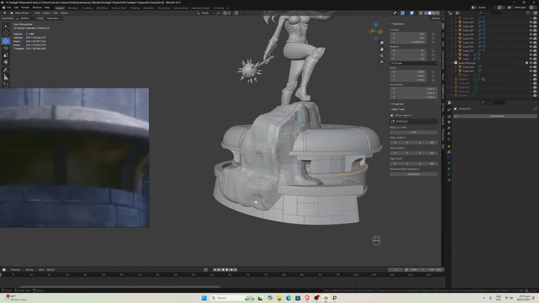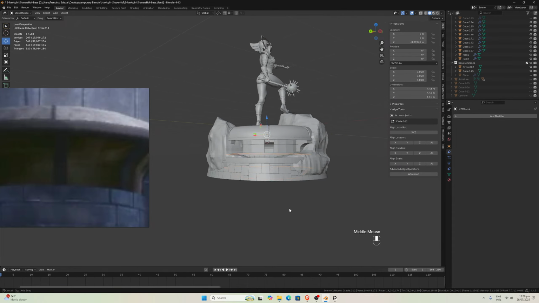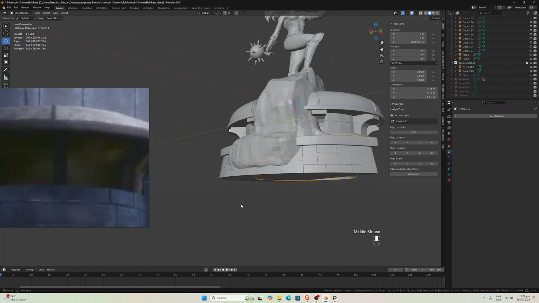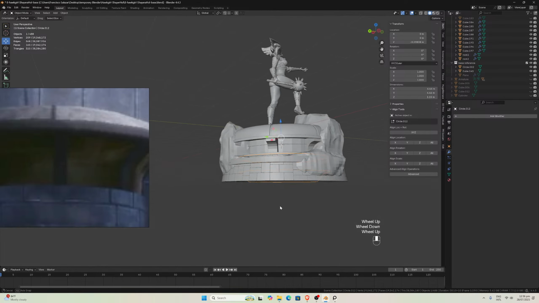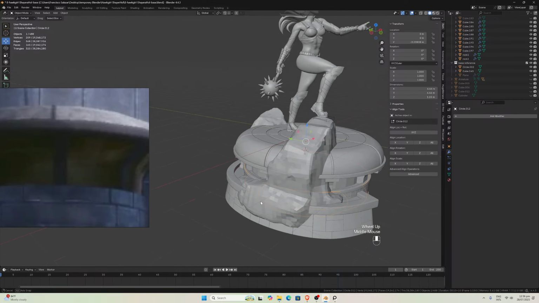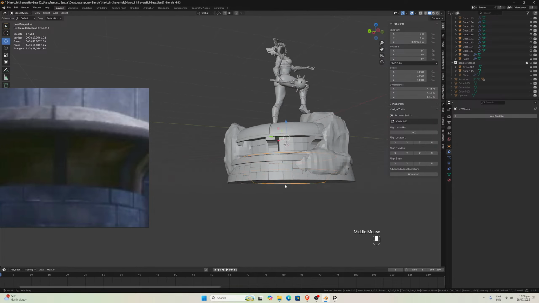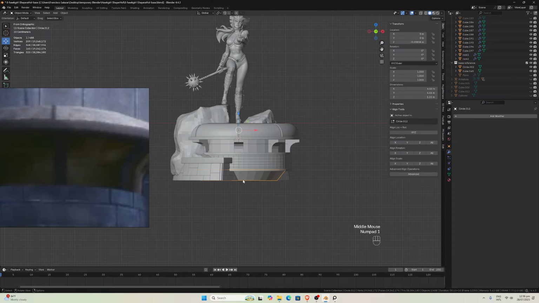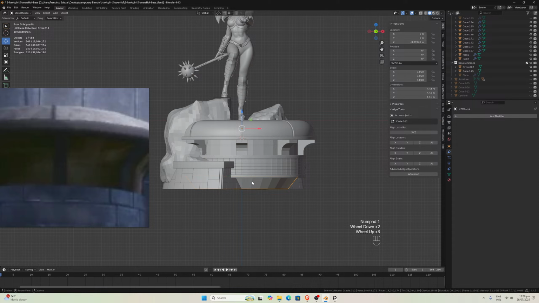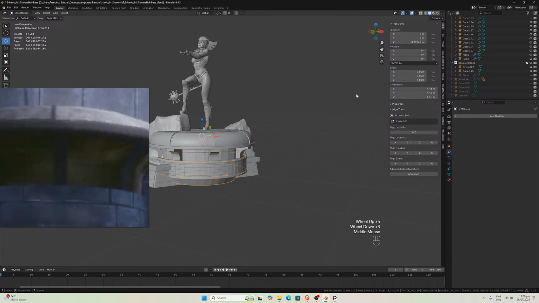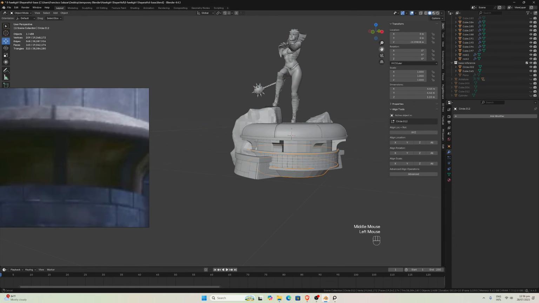And the rocks. The thing is the rocks. How can I make these rocks make sense with my base? Because now it is not making sense. The only way for this to make sense is if I move my rocks down. That is the only way. So again,